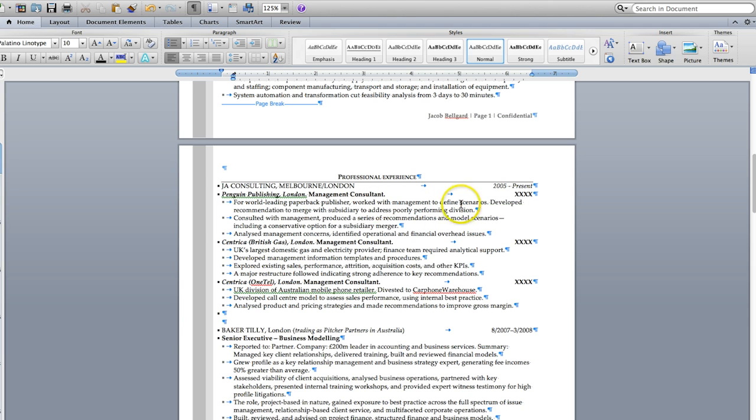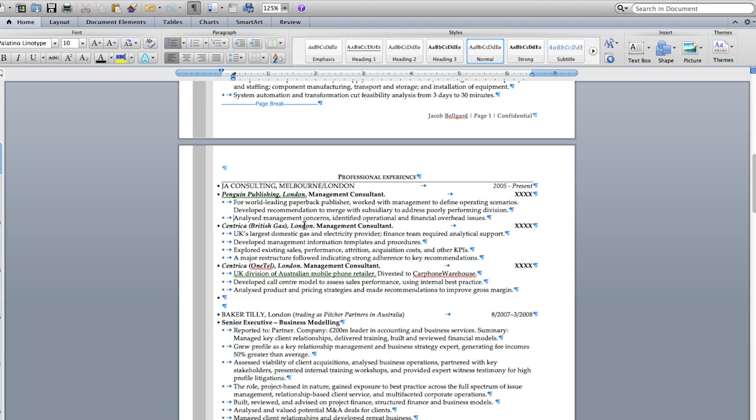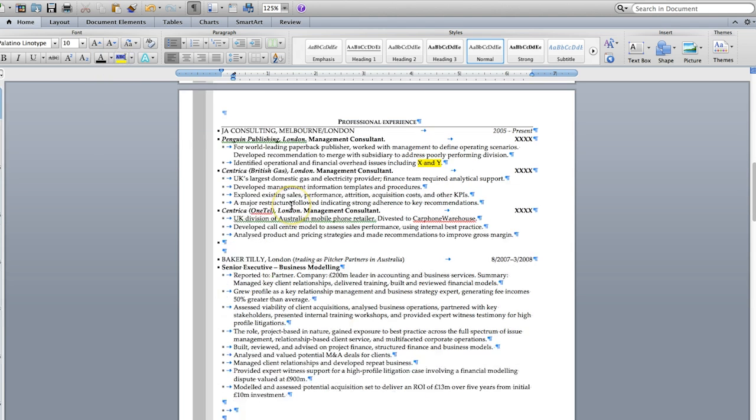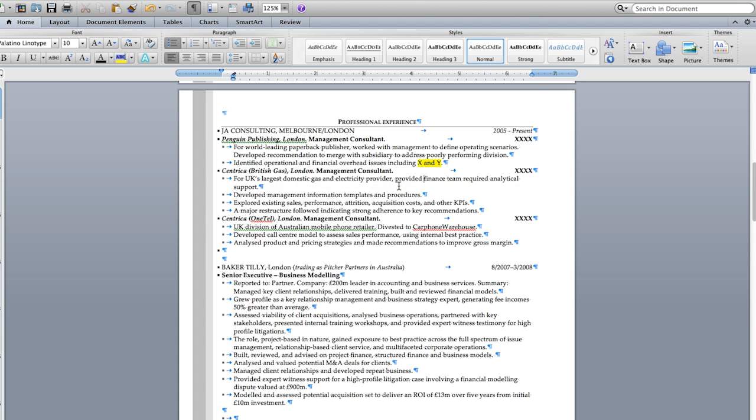Scenarios. Great, we're going to take that out. Analyze management concerns, identified operational and financial overhead issues. So that's really my key concern here, including X and Y. If somebody's going to read this, they're only going to read a little bit of it. So for UK's largest domestic gas and electricity provider, provided